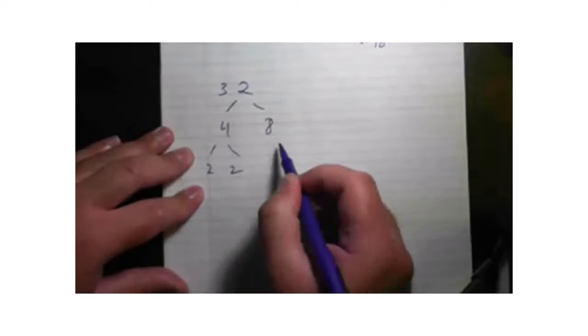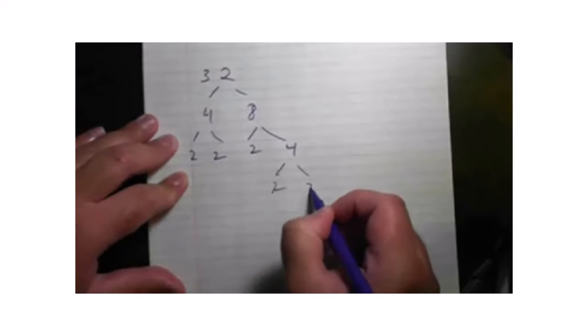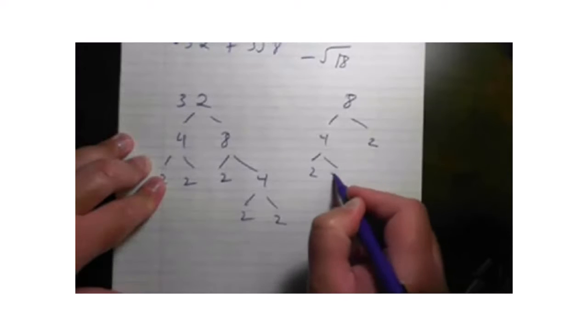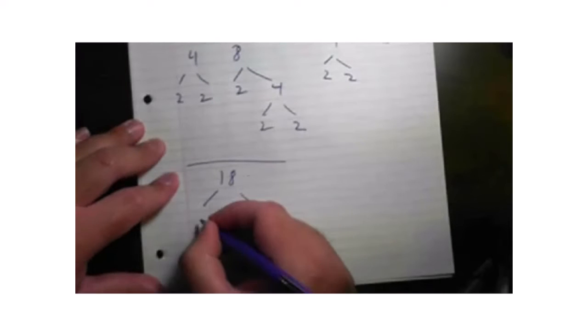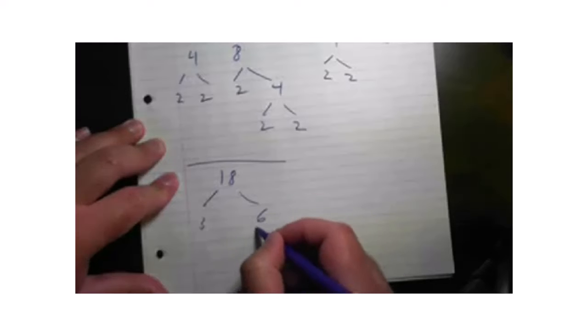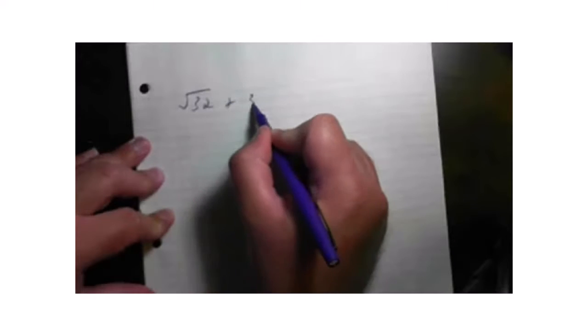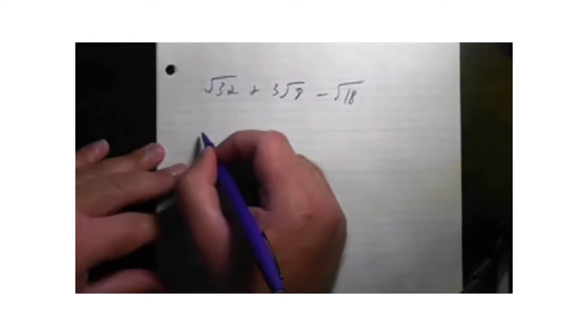4 is 2 and 2. 8 is 2 and 4. And 4 breaks down to 2 and 2. Okay. 8 is 4 and 2, which is 2 and 2. And 18, I'll do down here, could be 3 and 6, and 6 is 2 and 3. Okay? So, if I've got root 32 plus 3 root 8 minus root 18, I know that root